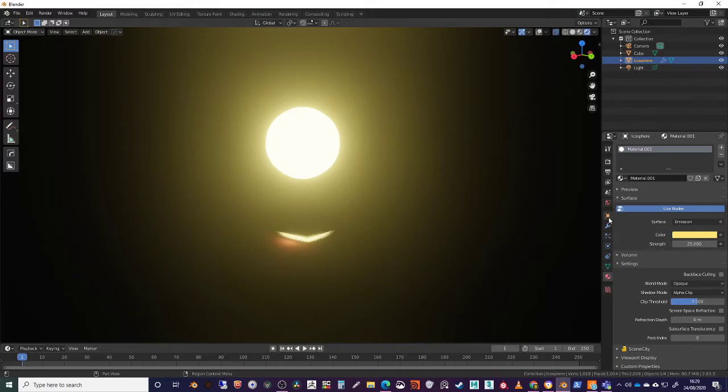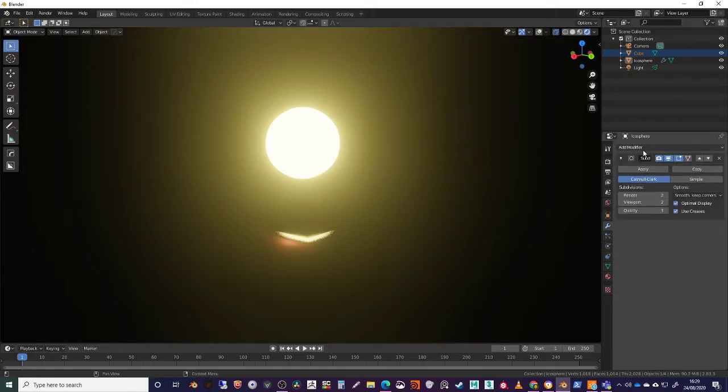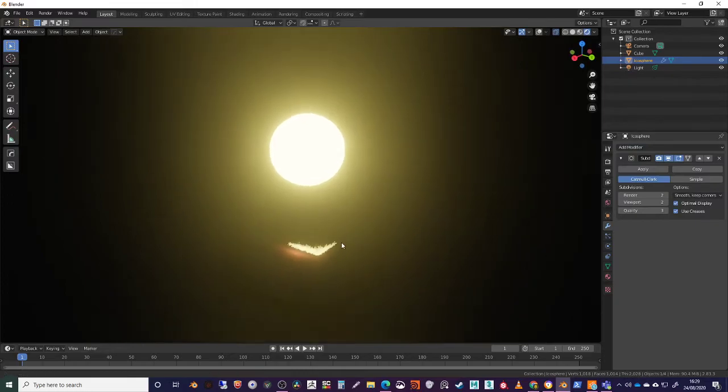Then you've got your object properties. So this would be the object properties for the icosphere. I'm selecting the cube. I'm still able to select. It's like I'm selecting from a render. The modifier properties, so yeah, we added a modifier which was a subdivision surface. This was to the icosphere. Then on top of that I could then start adding other things. So for instance,